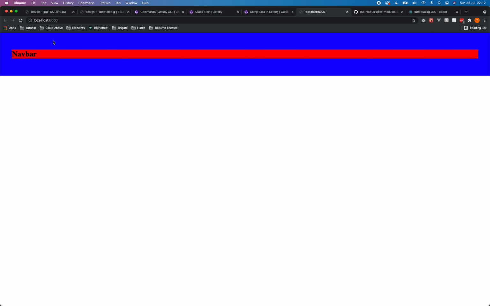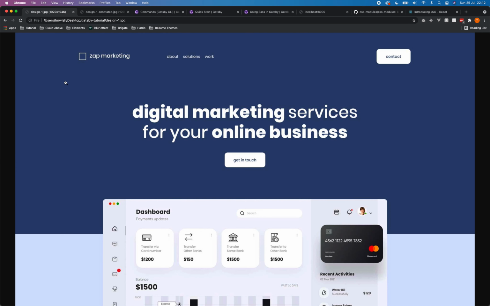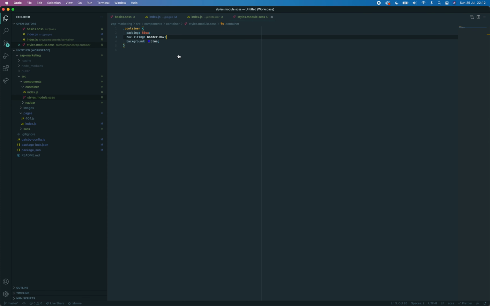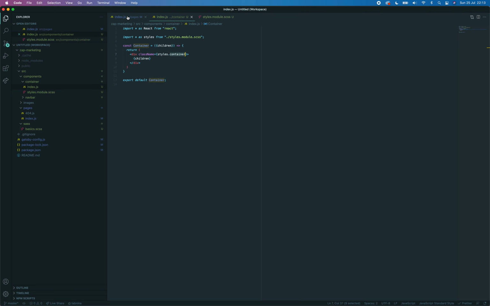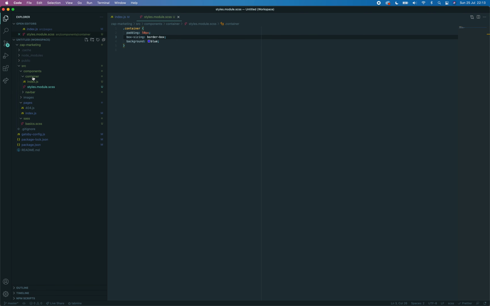So that works, kind of. It looks kind of right, but if you think back to how things are going to work, our navbar is actually this whole row, and then we want the container to be inside of that. So really, we want container to be inside of navbar, and then children of that component are going to be what's in between the row. So if we go to our navbar component,